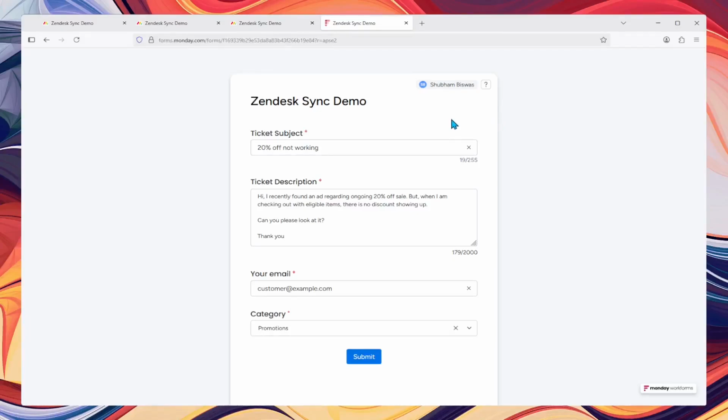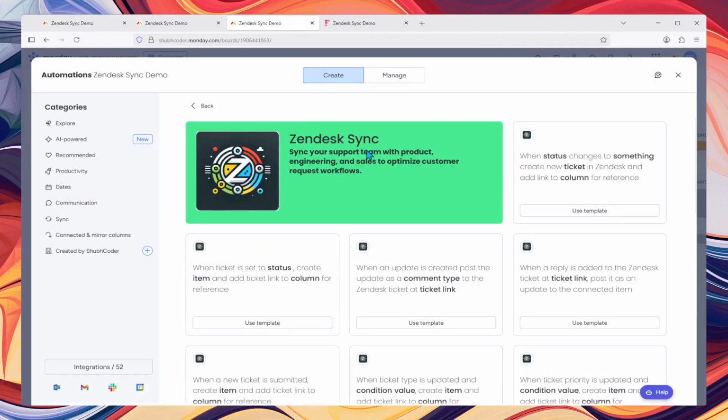Hi, in this video, I'm going to show you how you can turn your Monday form submissions into a ticket in Zendesk using an app named Zendesk Sync. So before we move ahead with the configuration of this automation, let's first understand what happens when a form gets